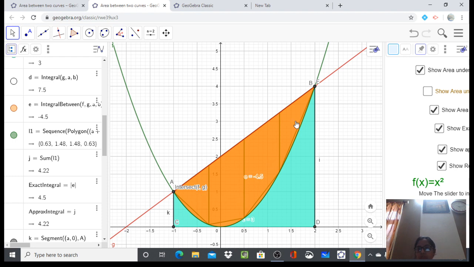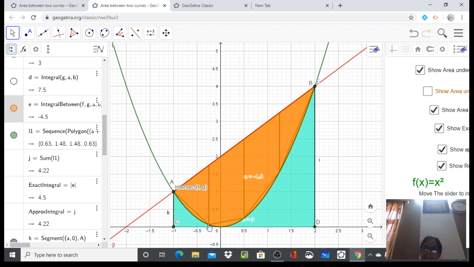This is 1, 2, 3, 4, and this is the point A, and this other point is A plus H as x coordinate. This is A plus 2H. This is another one, A plus 3H, and the last one is A plus 4H. So we are changing the x coordinate to A plus H, A plus 2H, A plus 3H. That means A plus MH, the last one is A plus MH because the number of rectangles is M. So in general, this is the end point coordinate.